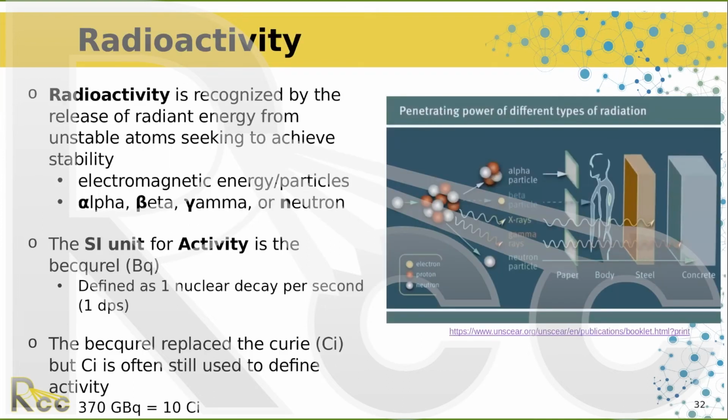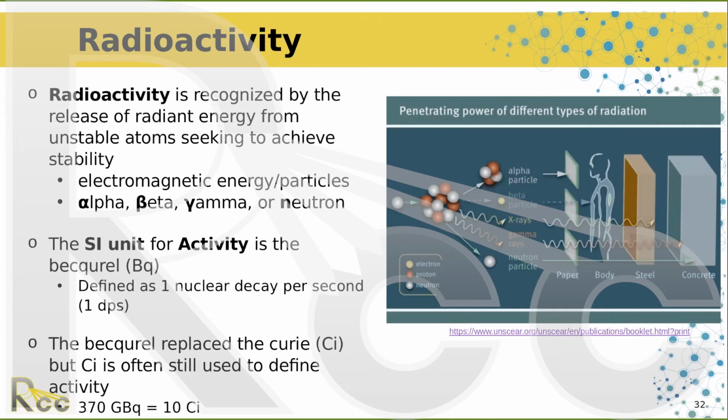So basics: radioactivity. We know that this is the release of energy, spontaneous emission of energy. There's the electromagnetic, and then there's alpha, beta particles, and each of these have different transmission properties. Alpha particles are stopped short, beta particles will go a little deeper, X-rays can go right through you, gamma rays even more so. And then units of activity: Becquerel is the SI unit of activity, 1 decay per second, and